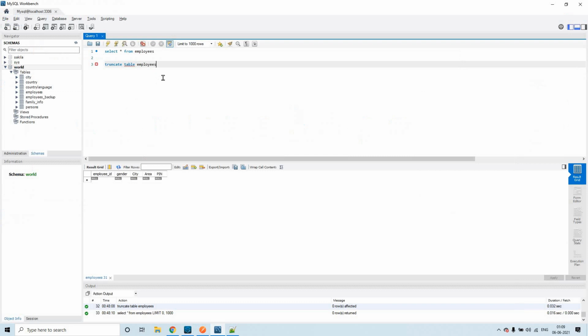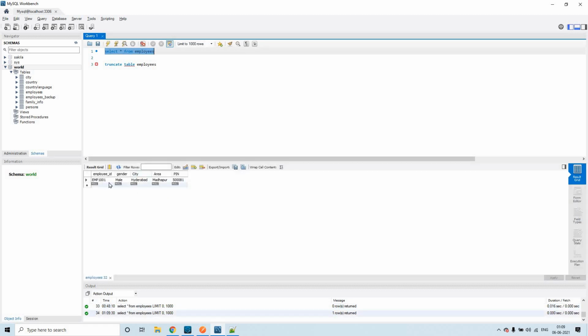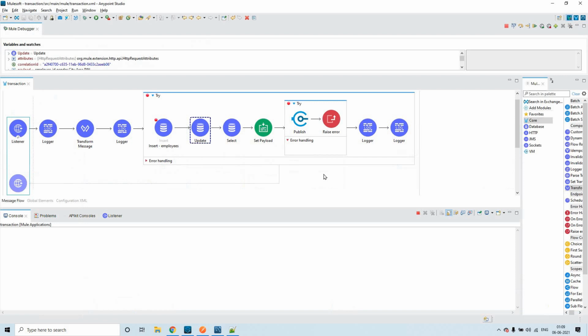Okay, let us check that. So I have truncated the previous data. So if you see, nothing is there till here. Now we just did the insert operation, right? So if you click on this, yeah, it is inserted. I mean, it has not yet committed the changes. It is still in the uncommitted phase only. So let me click on next.